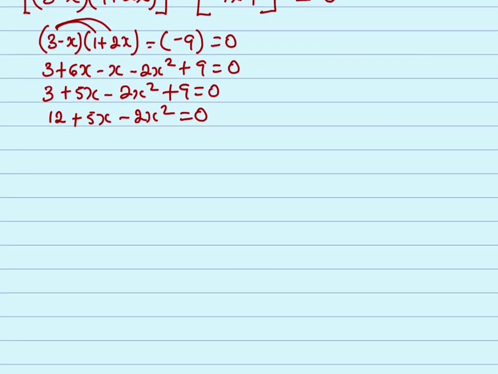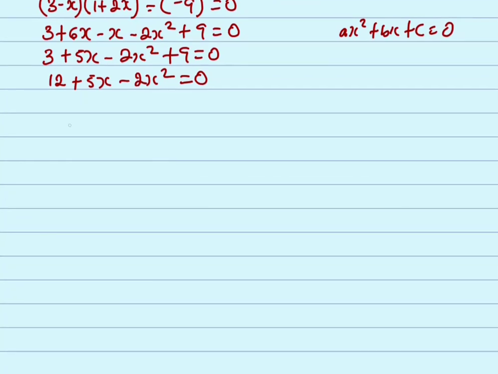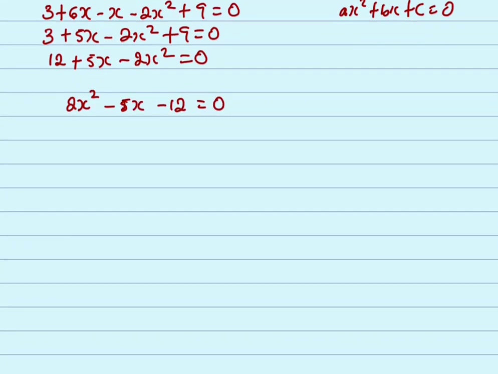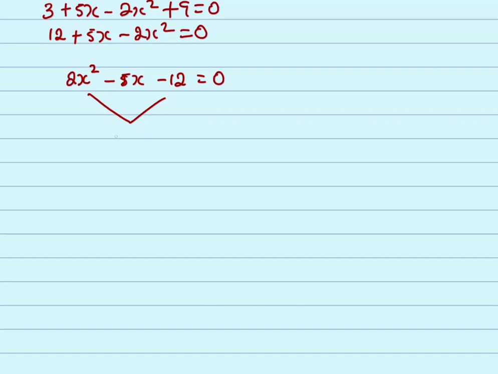Beautifully done. Let me make it look like the format of a quadratic equation: ax squared plus bx plus c is equal to 0. So we are going to have 2x squared, remember, I multiplied through by the negative sign, so take note in case you don't get what I've done here. Then minus 5x, then minus 12 is equal to 0. This is a quadratic equation. We can actually solve it like this. You remember, you pick it, you multiply, you are going to have minus